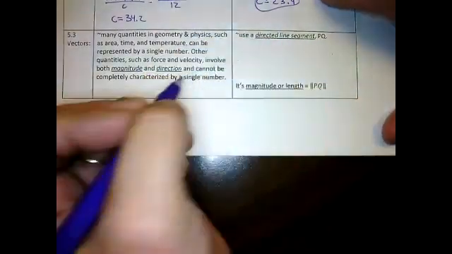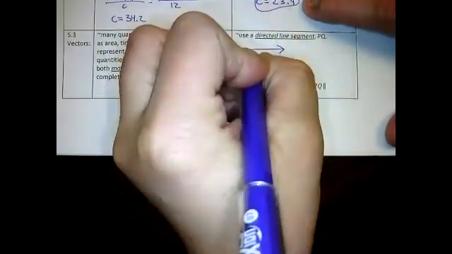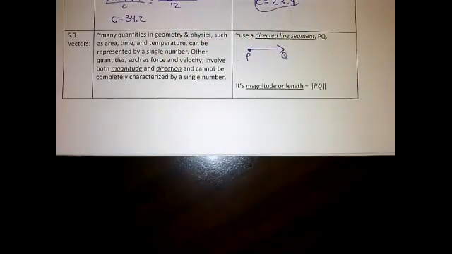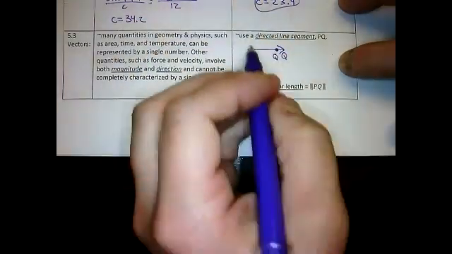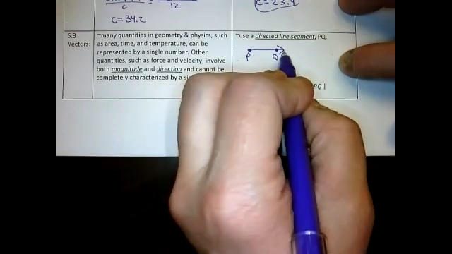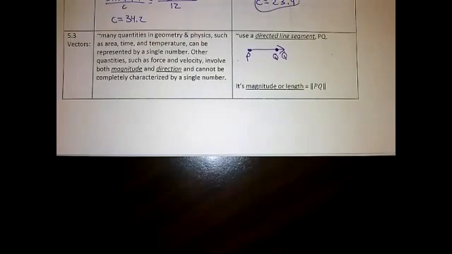So a vector is a directed line segment. In other words, it's a ray. It has a starting point, okay, and it goes on forever in one direction as a ray. Now, the vector actually has an initial point and it has a terminal point going in a certain direction, but it actually stops. Okay, so it's kind of like a ray that stops,